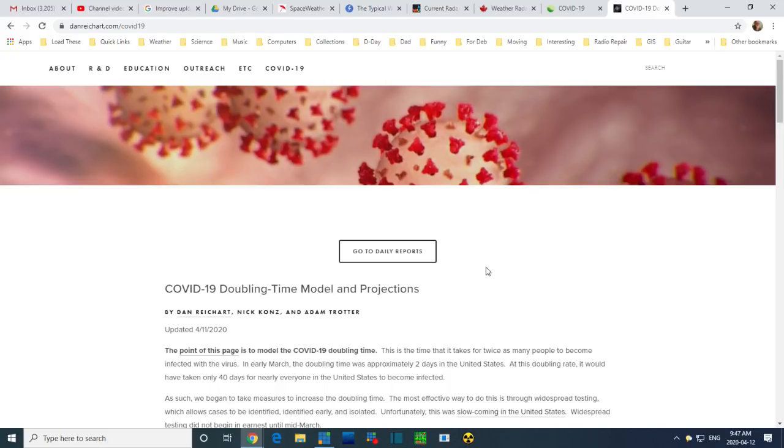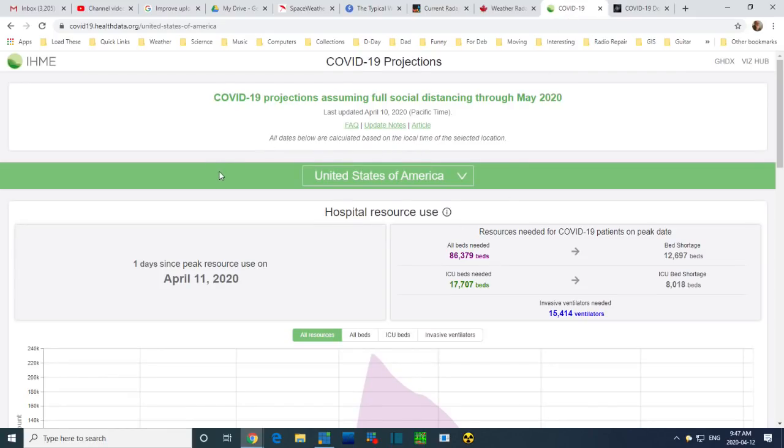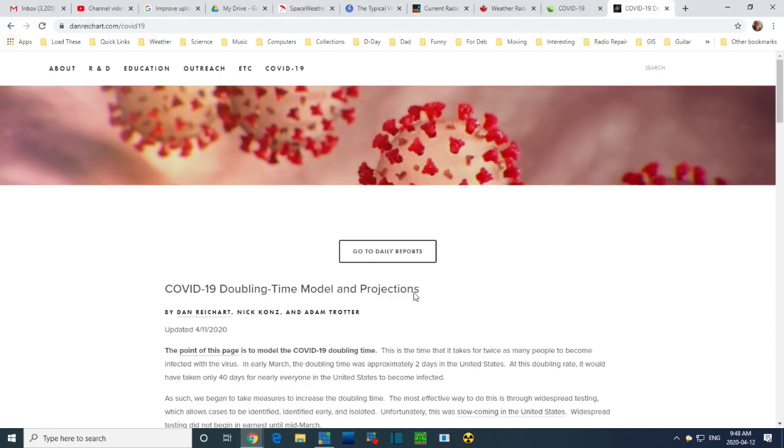It's relying on charts like this one, and of course the other one I showed you the other day, the IHME website. They talk about this openly now, as if it's theirs almost. So I think that's what they're relying on. They're relying on this information, and they've looked at Dan Rechart's information too. So I'm just leaving that with you now. This is for you to figure out.